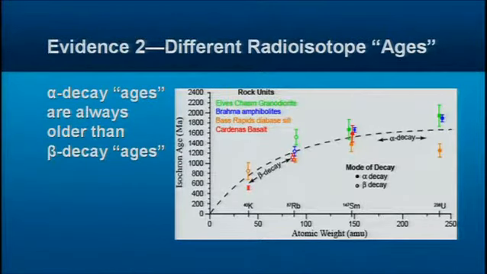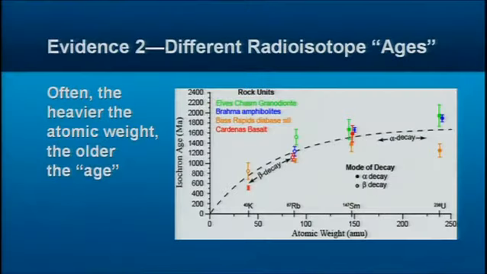So rubidium, which had a slower decay rate, was always older than potassium, which has a faster decay rate. And we can also look at the atomic weight. And again, we find that the heavier atoms always give older ages than the lighter atoms. And therefore, there's a relationship to these ages between the decay rate and the size of the atom and the type of